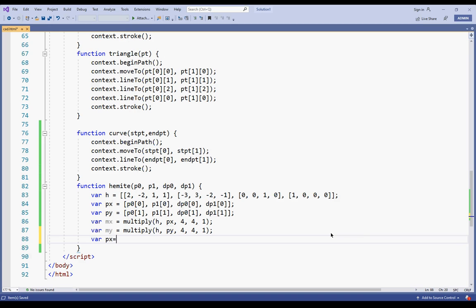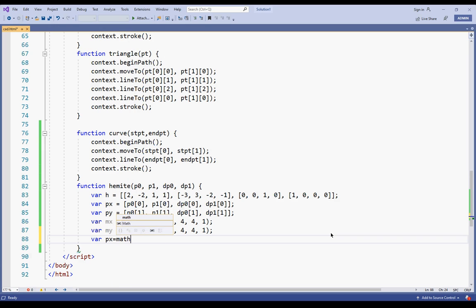So I'll call this a px variable. If you remember, the matrix is u cube, u square, u, and then 1, and that will be multiplied with the corresponding mx. So I'm going to do that manually.